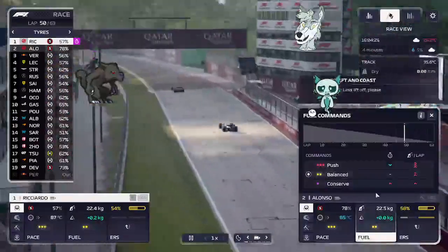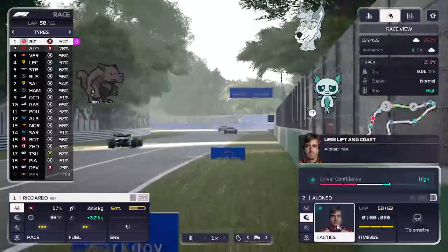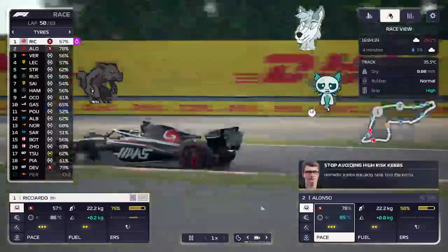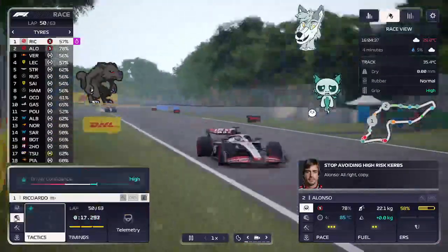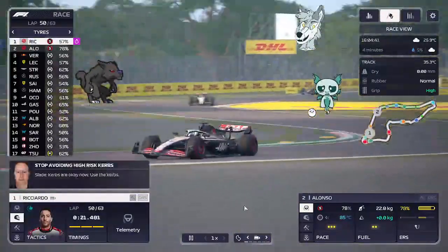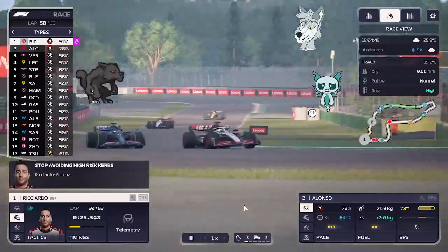Okay, his back. Let's lift off, please. Yes. Got some cold tires, bringing them back up to temp. Miles will get his tires also back to temp as well. They're both...